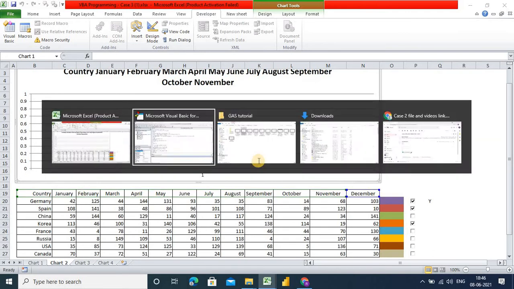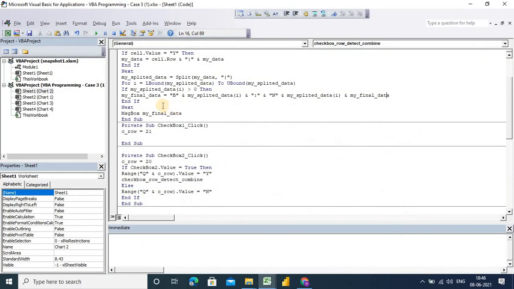Now again it's going to BN. Okay, so for that we'll have to think something different. What can we do in this situation? The splitted data is BN.